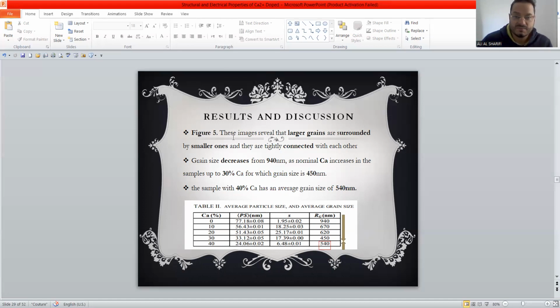Let me keep going. This image reveals that larger grains are surrounded by smaller ones, and they are tightly, strongly connected with each other. Grain size decreased. Here we will note that in the figure. Grain size decreased from